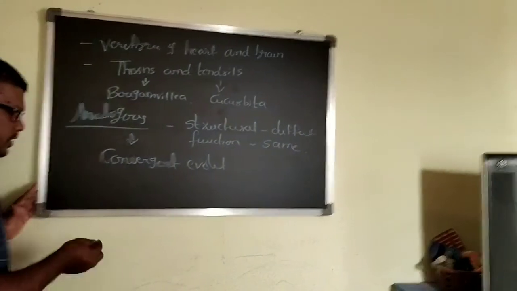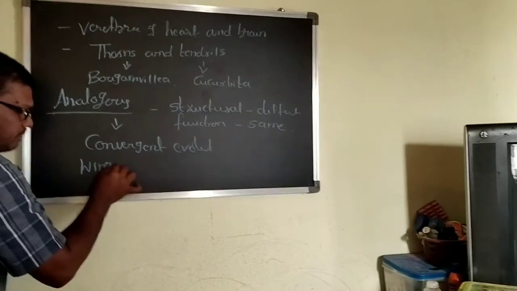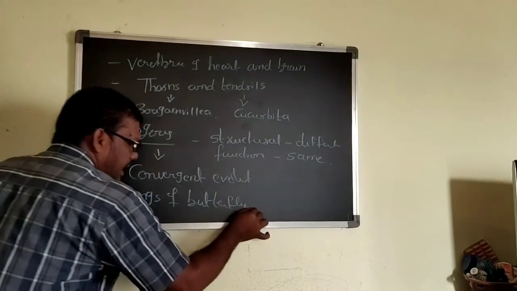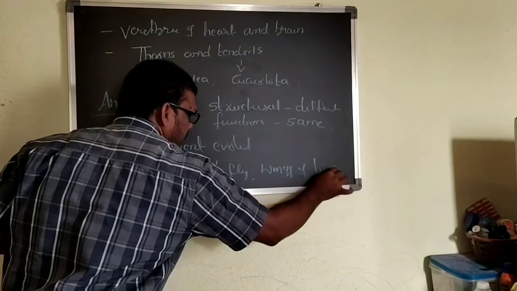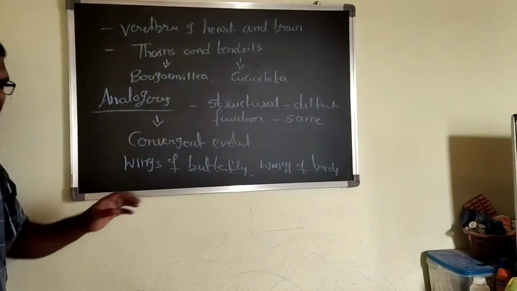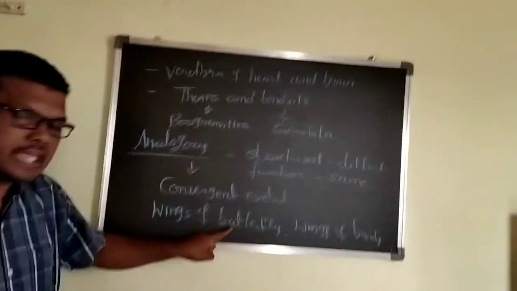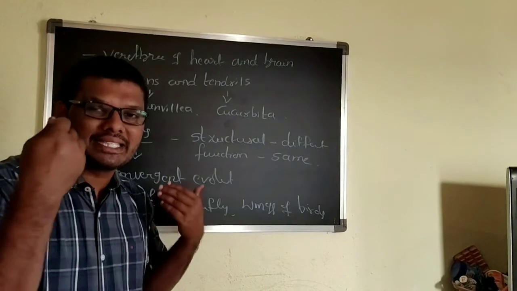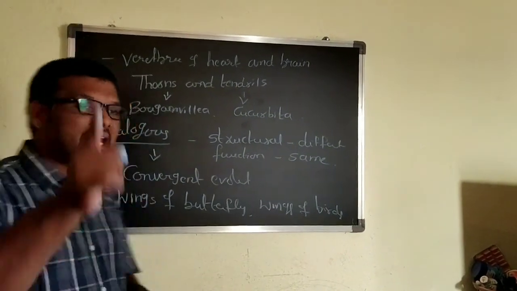Suppose you take the wings of butterfly and the wings of birds. If you observe them, the structural pattern of the wings is different, but the function is the same: useful for flying. That type of organs is called